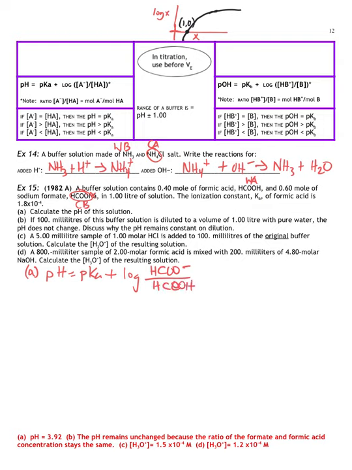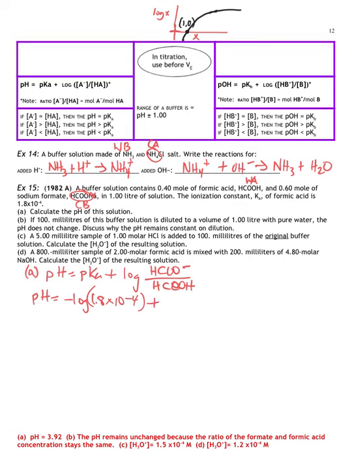And that's what the equation says. Put your conjugate base on top, put the acid on the bottom. I'm going to need my Ka values. So before I think I'm given... yes, I'm given my Ka. So I'm going to start off with pH equals negative log of 1.8 times 10 to the negative 4th power